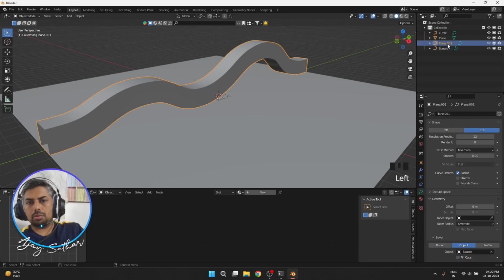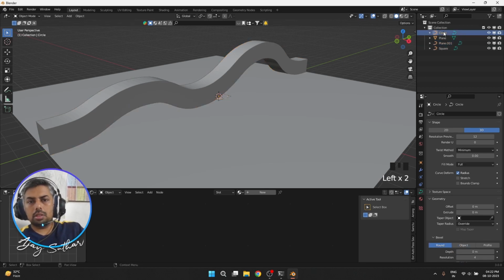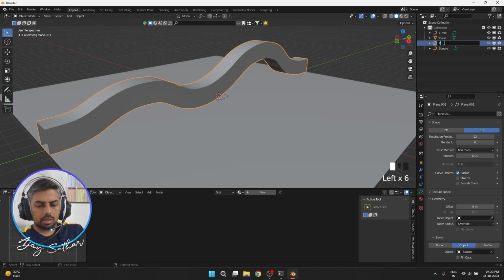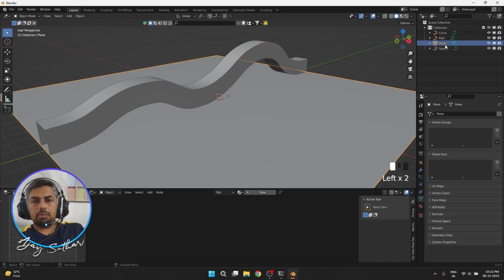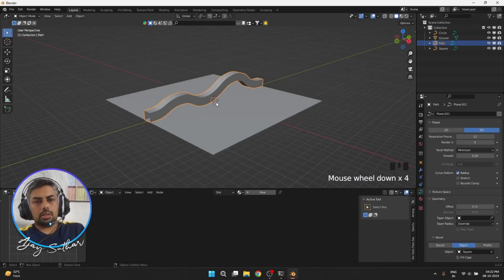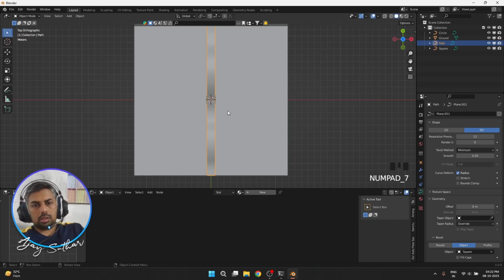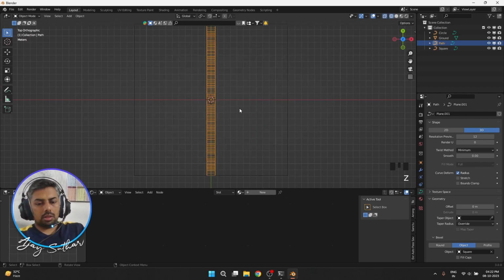Yes, and this one will be circle, okay. This will be the path. I'm sorry, path, and this will be ground. Let's say ground. Okay, these are the strings. Now let's select a path, come here, let's see, then